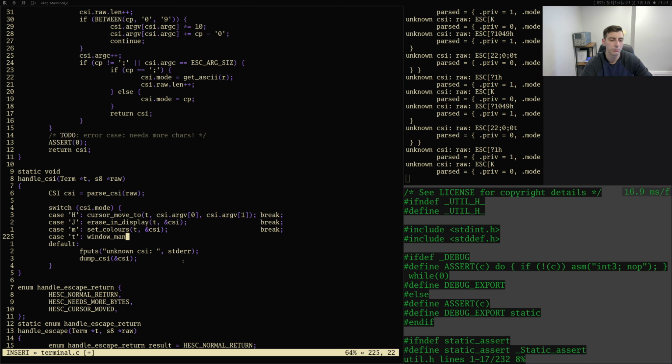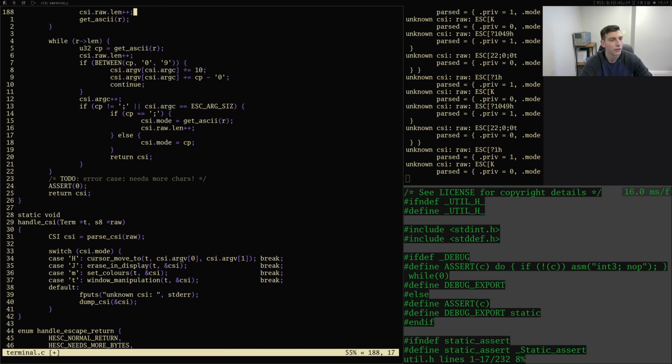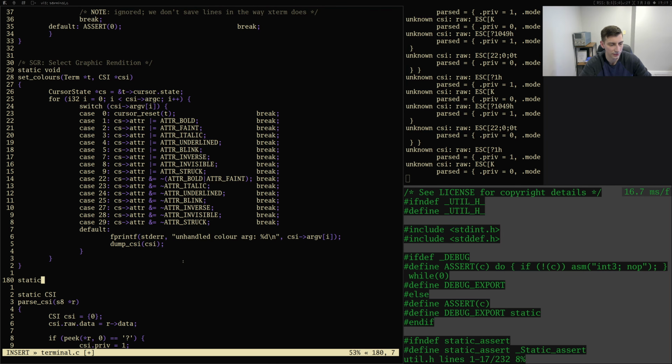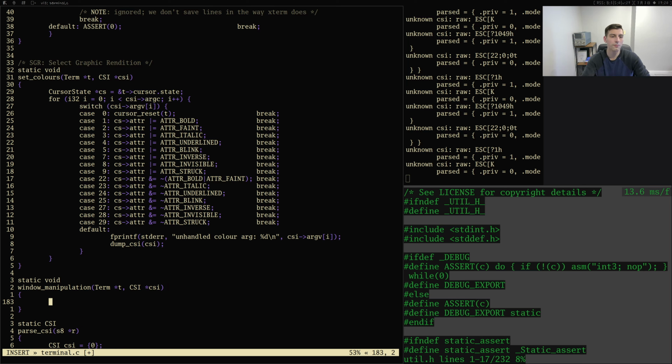Let's just do window manipulation, E and CSI. And then we're gonna do basically the same thing as this. So static void window_manipulation, term pointer t, CSI pointer csi, and then we're gonna say